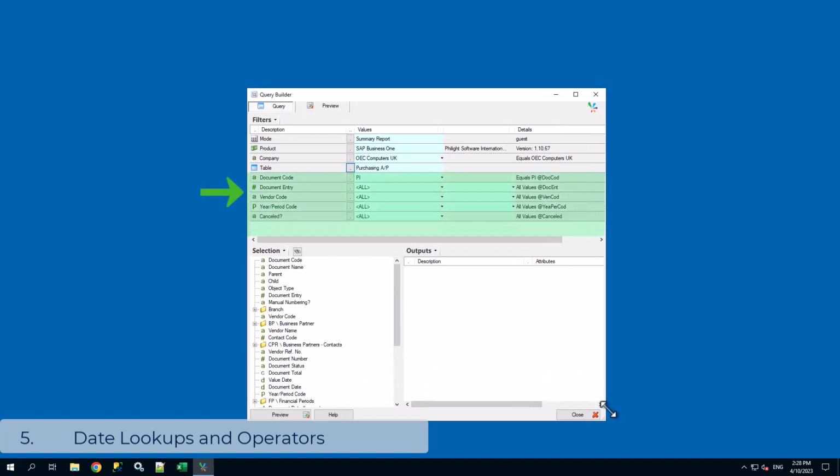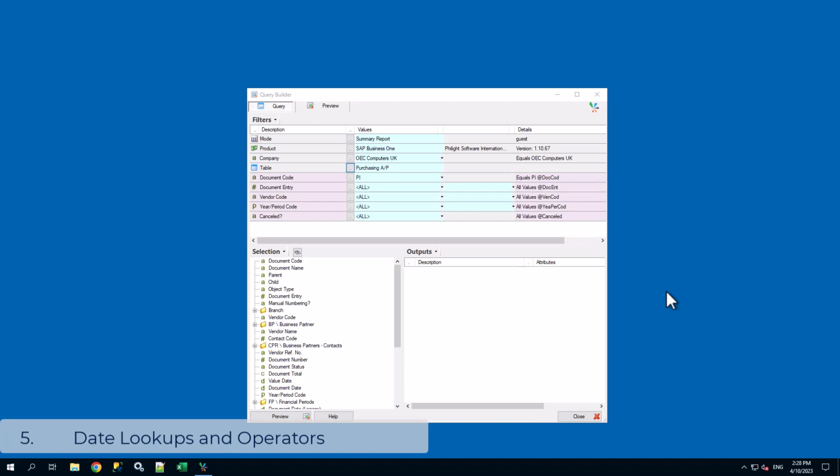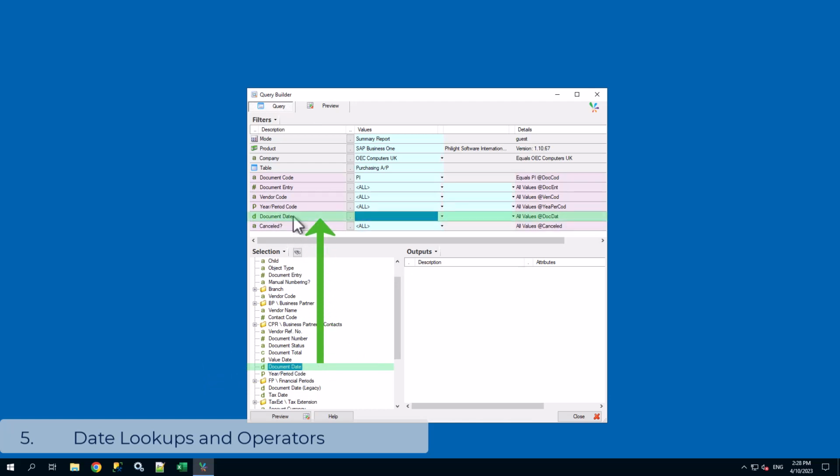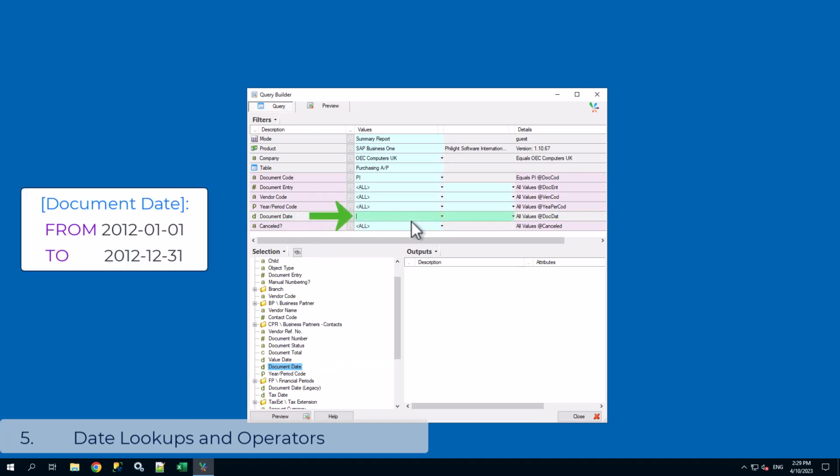Our mandatory filters will populate, but we'll also want to add a filter. Find Document Date in the selection pane. Click and drag it into the Filters pane. This is how you add filters from the selection pane. Next, we'll change the filter parameters for the document date to 2012-01-01 and